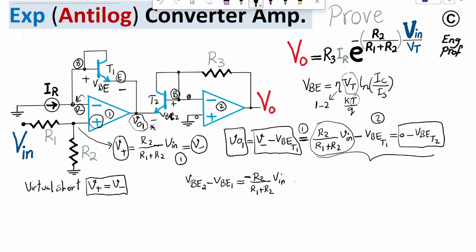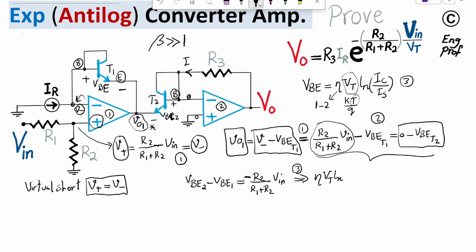In this example, let's just use as they are, and then I'm gonna mention another assumption that we are making to simplify the problem. So I'm gonna substitute from equation, say 3 here, by substituting VBE2 and VBE1. So I get eta Vt, natural logarithm. So it would be the collector current for transistor T2, which is effectively assuming that beta for both transistors, which is a practical assumption, is much larger than 1, then we can just say that the current